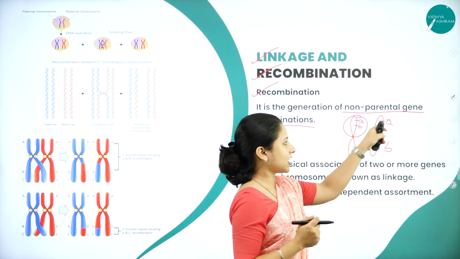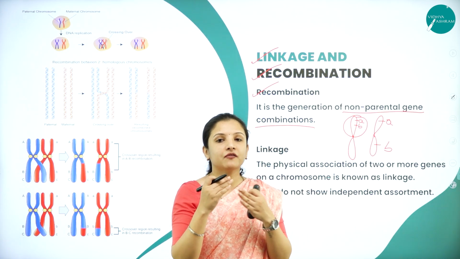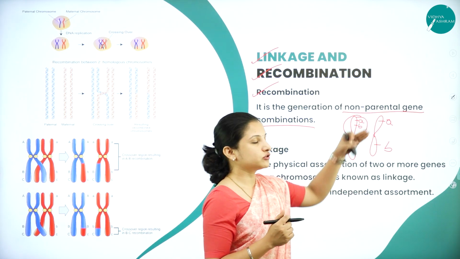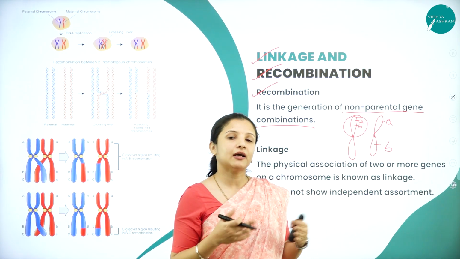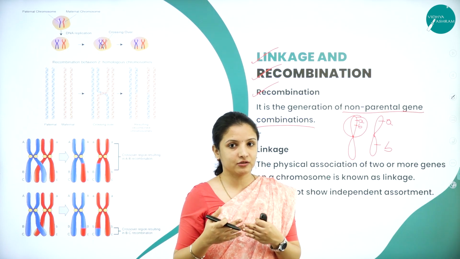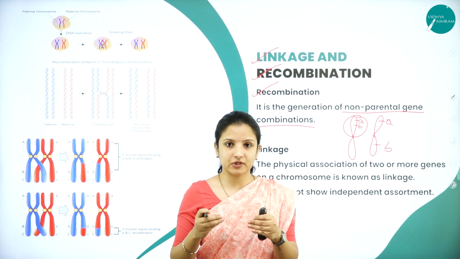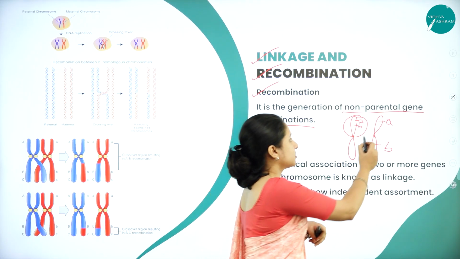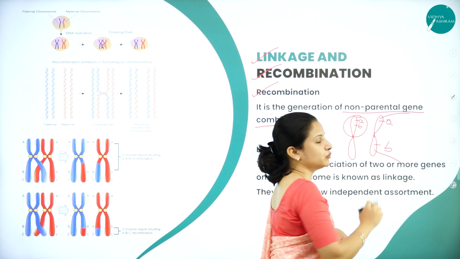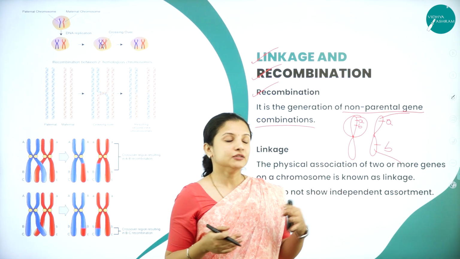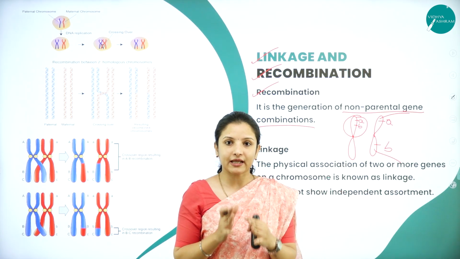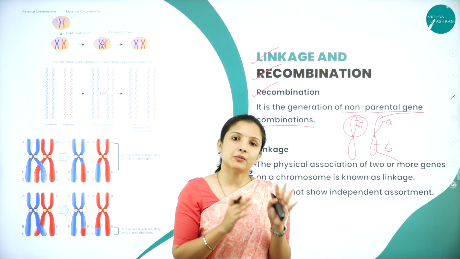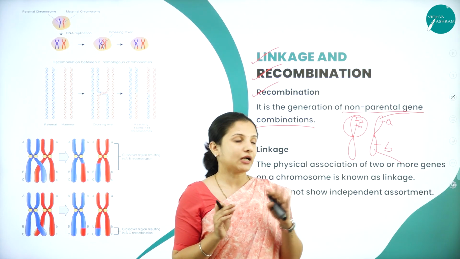But if they are located in different positions far from each other in the chromosomes, then what happens? In one chromosomal arm, one of the genes is located and in the other chromosomal arm, the other gene is located. They will not get expressed together in the progeny, but they will get distributed. So this will get separated and move separately to another progeny. So that is what happens. Both will not be carried from the parent to the progeny at a time. So that is nothing but